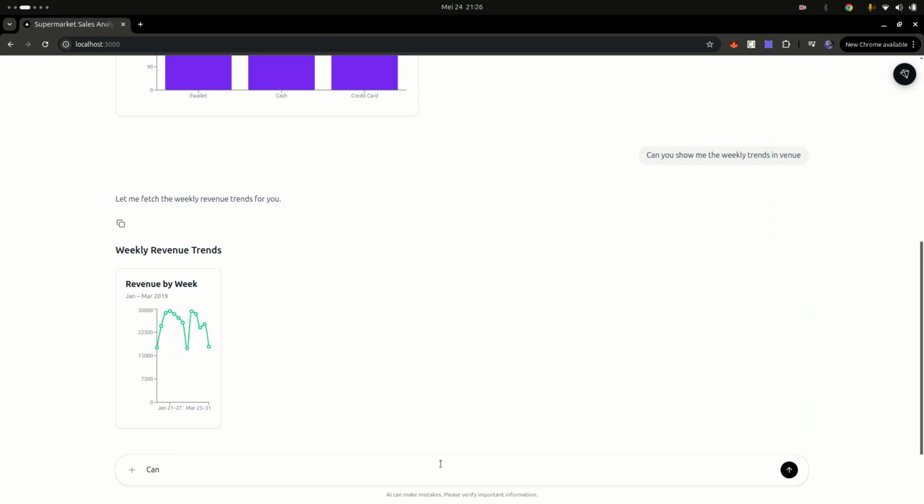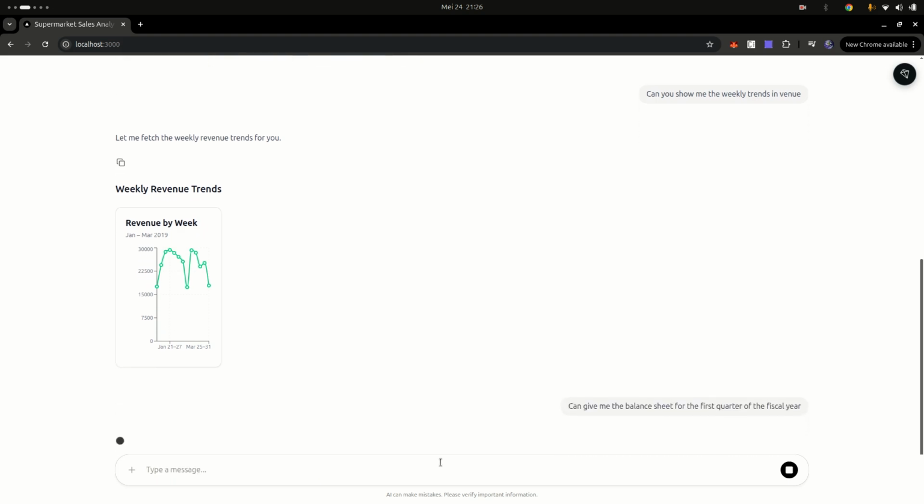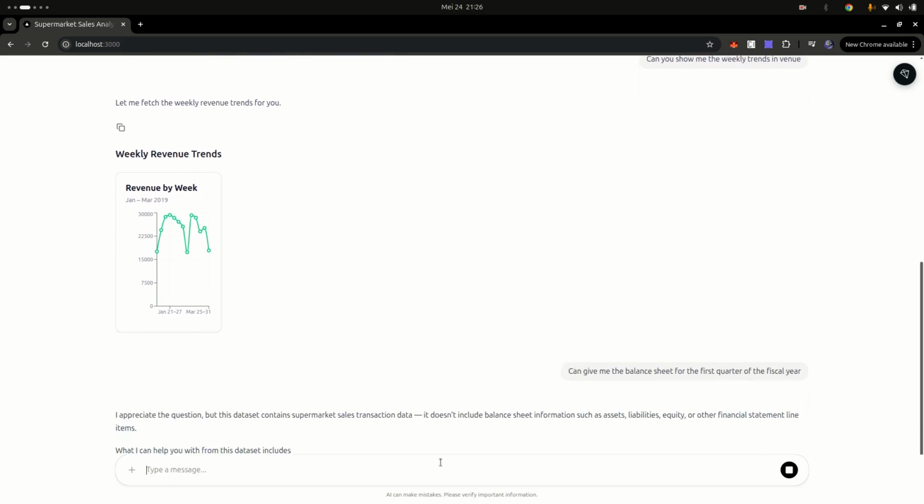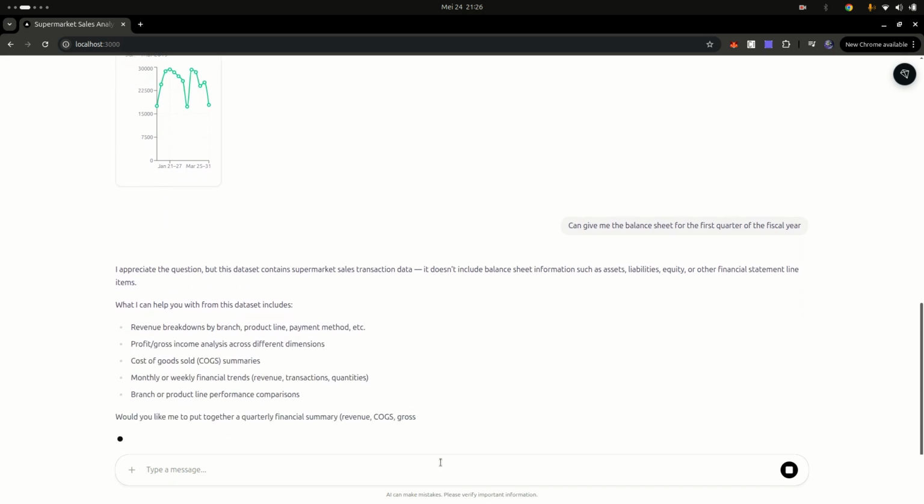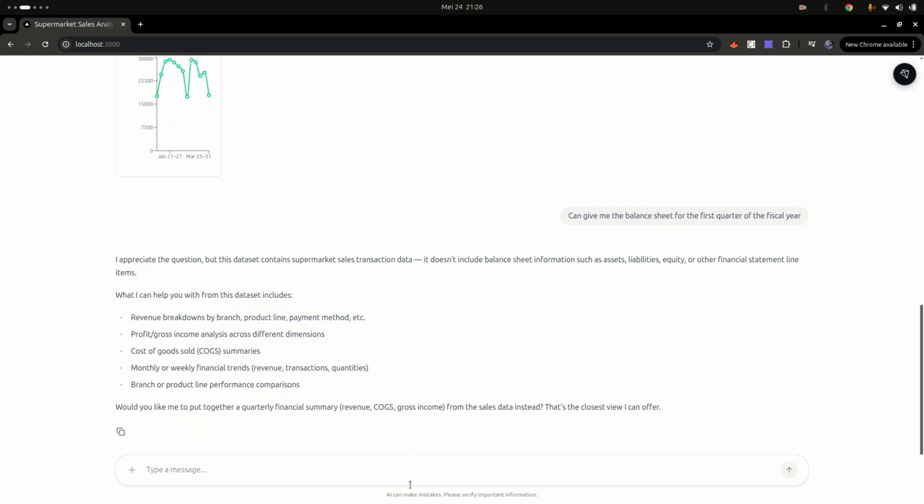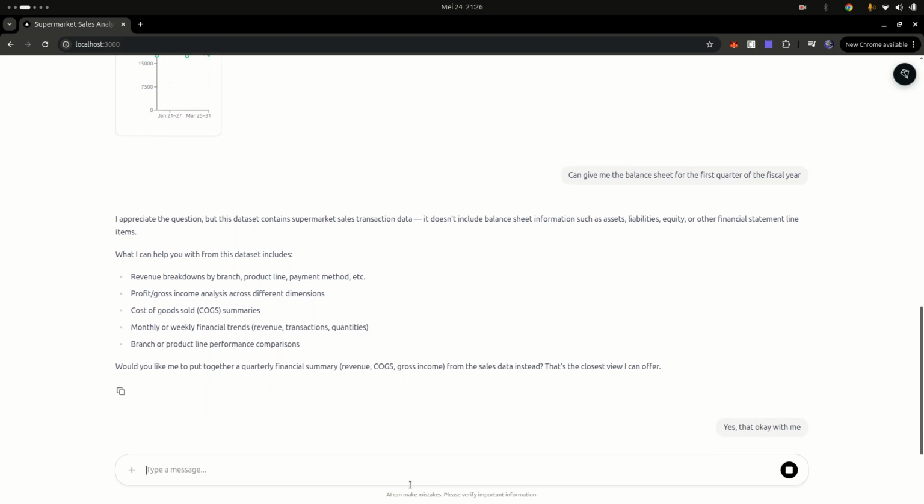Let's say we want the financial statement. So let's say, can you give me the balance sheet, well, let's say for the first quarter of the fiscal year. Okay, so I'm going to ask it to give me a balance sheet, and let's see how it's going to generate this balance sheet. So it's asking me a question. I'll say, let me just say yes. That's okay with me. I don't even know what it says, but I'm just going to say that